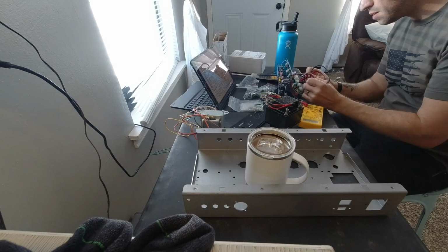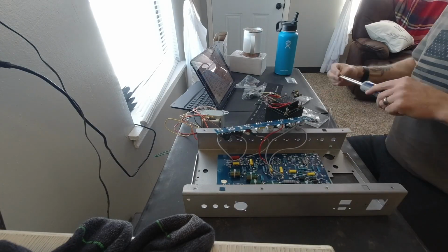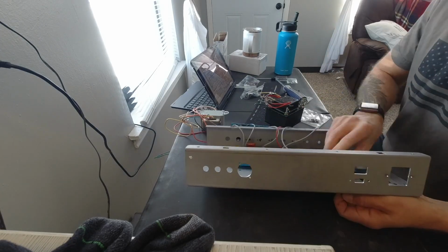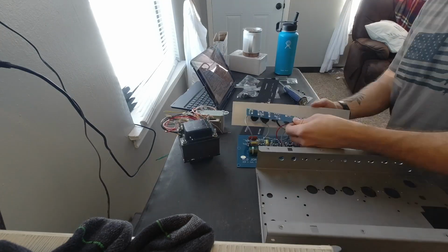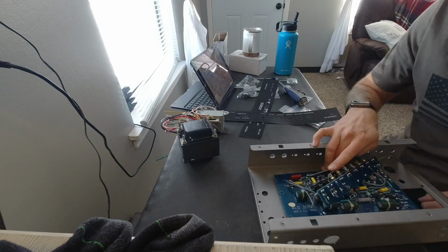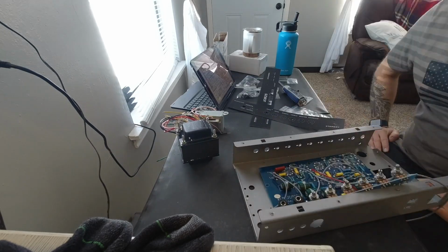All that being said, KLD sent me the DIY tube amp, they sent me the chassis, and when I was building it, the first issue that I ran into, once I unboxed it and tested to make sure all the capacitors were discharged, because this thing came to me directly from China, I have no idea if it's ever been powered on or not, so I definitely discharged the capacitors before I did anything. Then when I was building it, I realized that pretty much none of the pre-drilled holes in this chassis